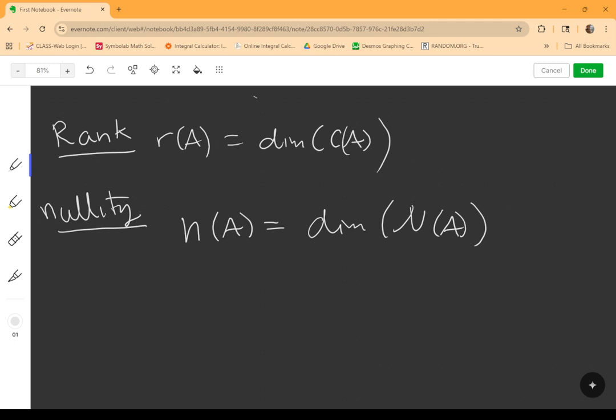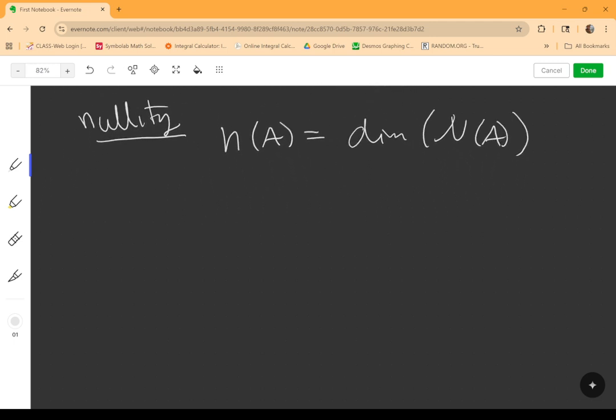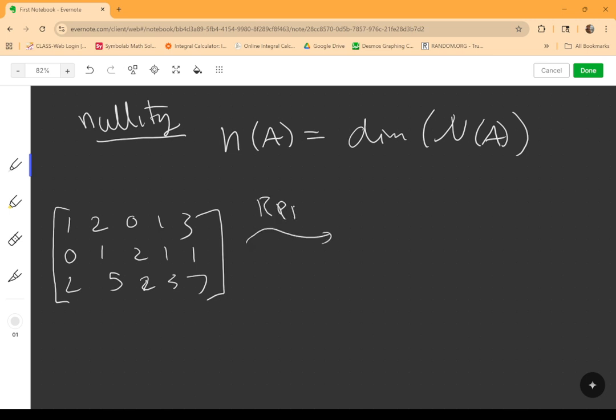So for example, let's take a look at this matrix. We have the matrix with rows 1, 2, 0, 1, 3, and 0, 1, 2, 1, 1, and 2, 5, 2, 3, 7. And then we reduce it to reduced row echelon form, RREF, and this reduces to the matrix